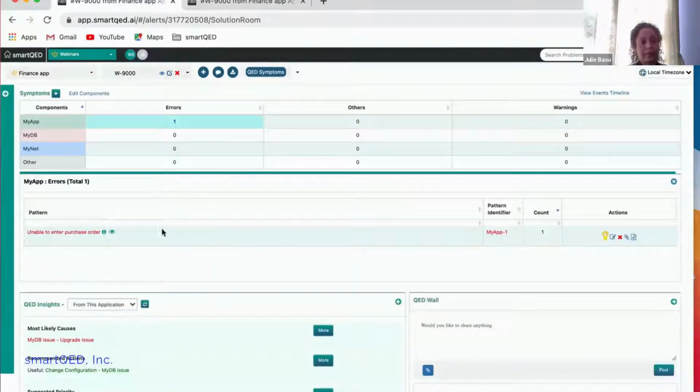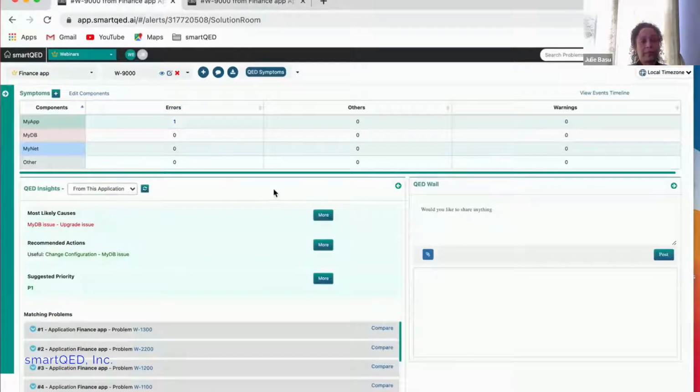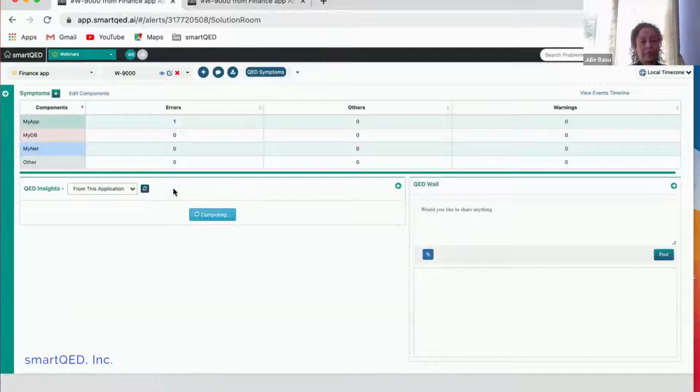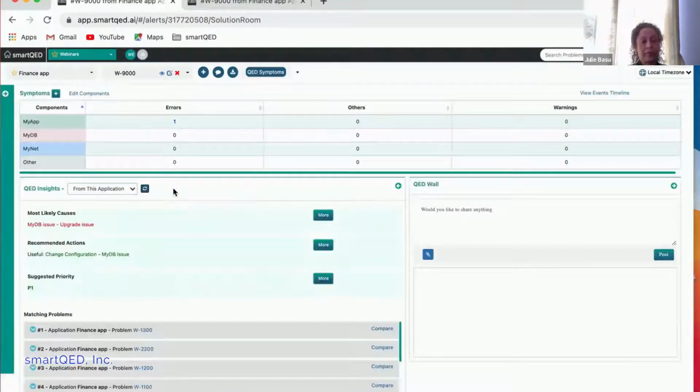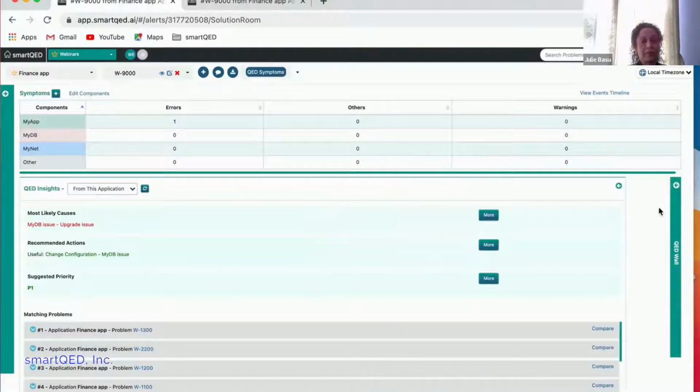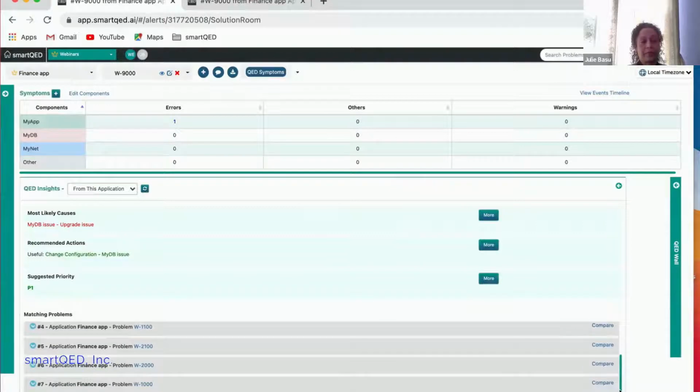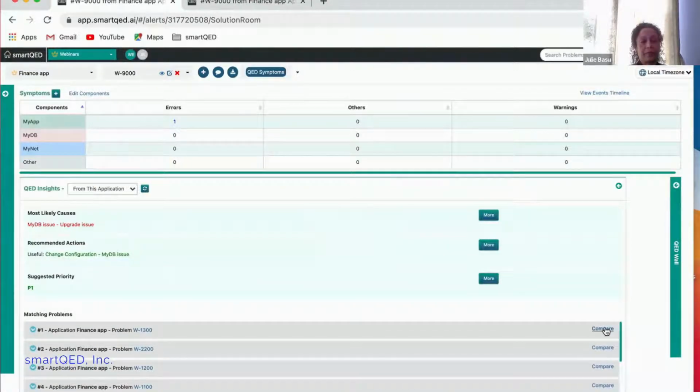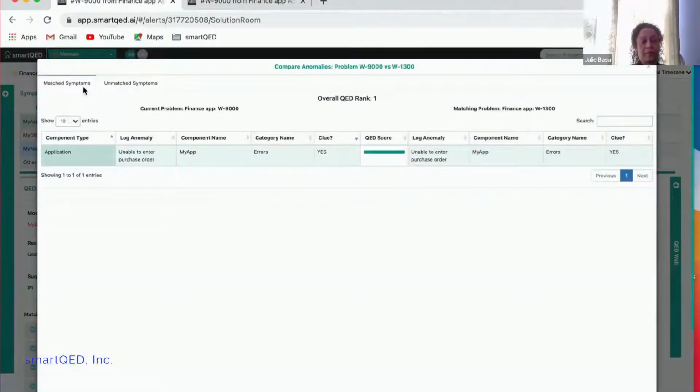All that we really have to do is to enter the clue or the symptom of the problem at hand, something like unable to enter purchase order. And thereafter, all we need to do is click this button here, and at the click of this button, QED Insights, which is our ML powered algorithm, is going to sift through our database, fish out all the problems of a similar nature that have been solved in the past, and it shows that list out here,